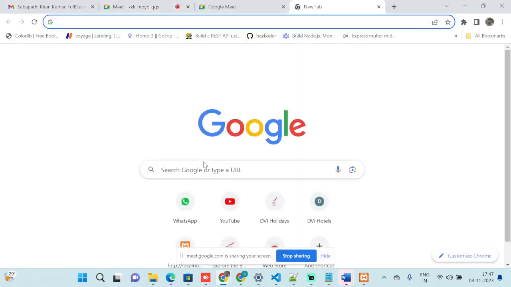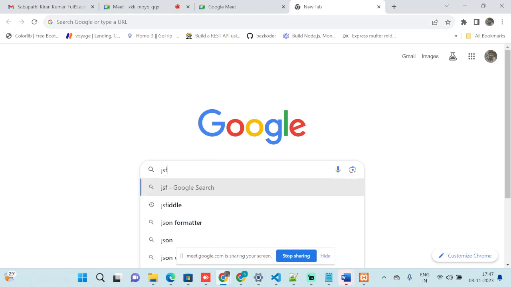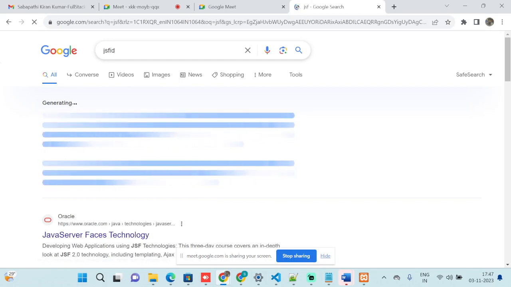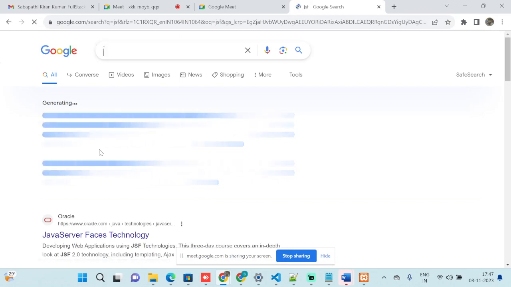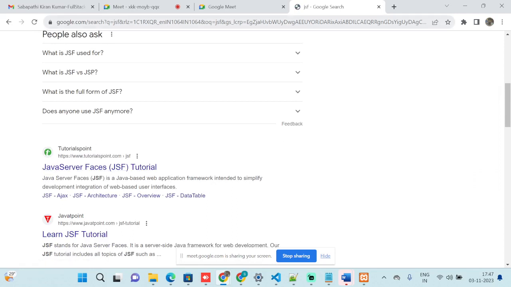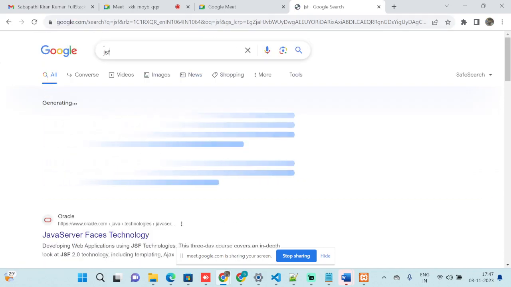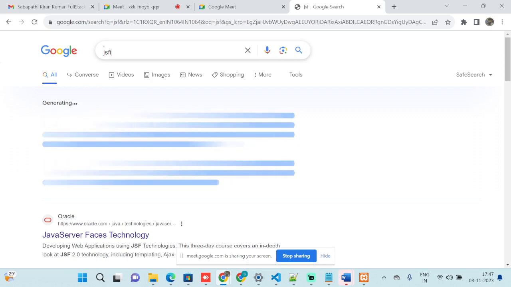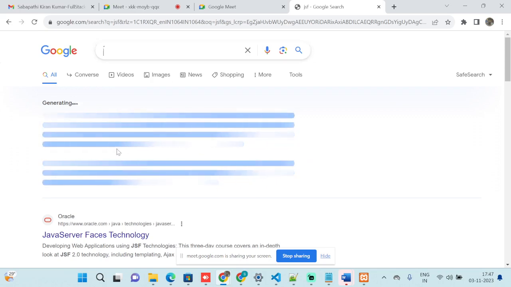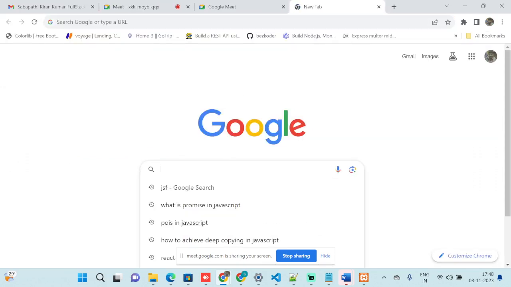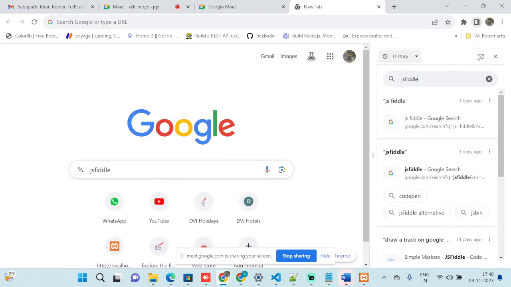You got the screen, right? Hello? Yeah, it's visible. I use JS Fiddle. Just a minute. Any JavaScript compiler will also work. Yeah, I use JS Fiddle. Just a minute.